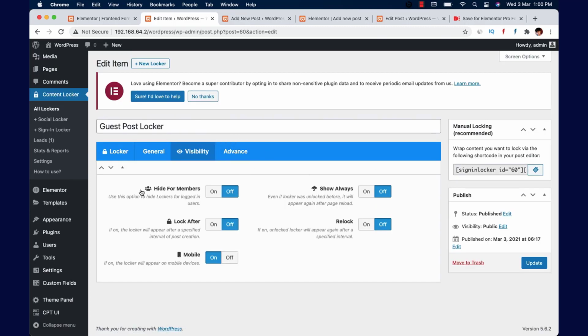The visibility, hide for members is off, show always is off, lock after.